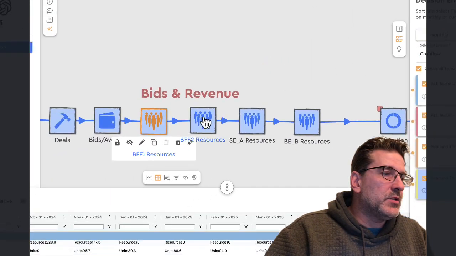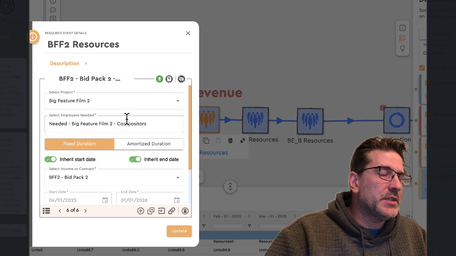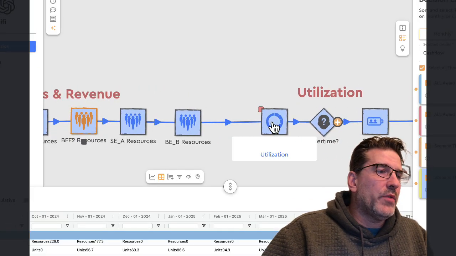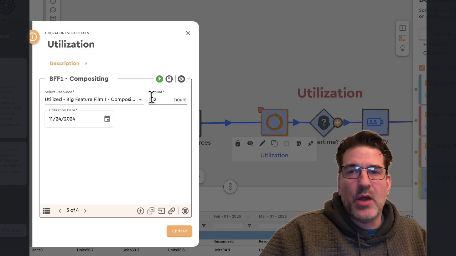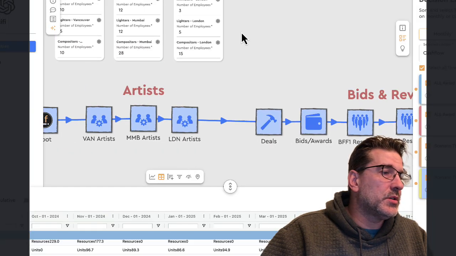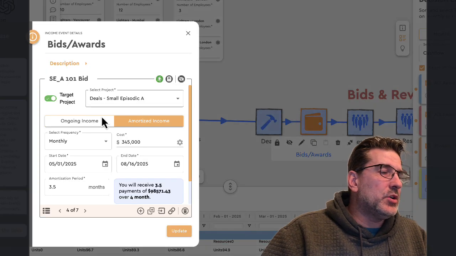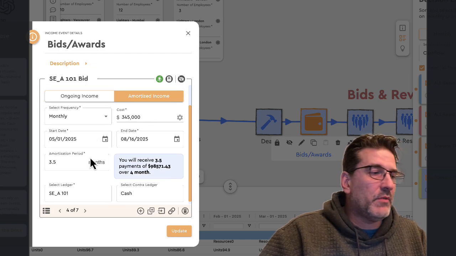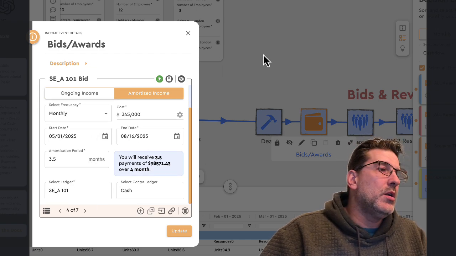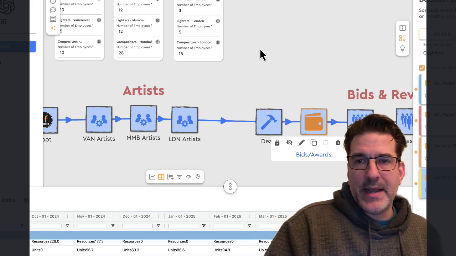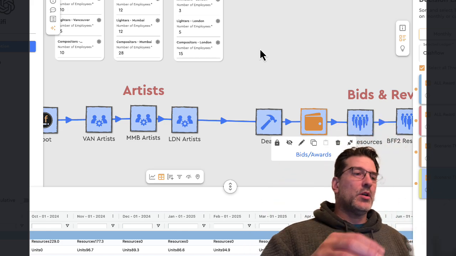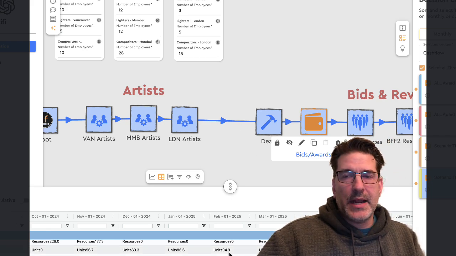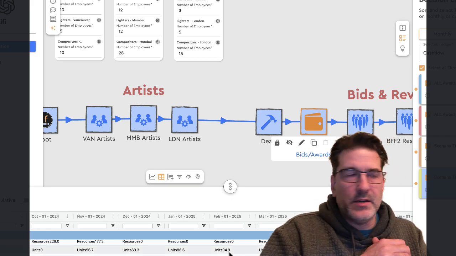And every single one of these nodes tells me how many resources I needed, all the metadata and context that's available to us. Or if I look at a utilization node, how many hours we've used up of a particular resource. Or if I look at an income revenue node, how much we're making, when we're starting to make it, how long they run for, which sort of ledgers they are. We have access to a bucket load of metadata. And the idea here is also being able to pass that same information through to the large language model, put it in a format that it can understand.